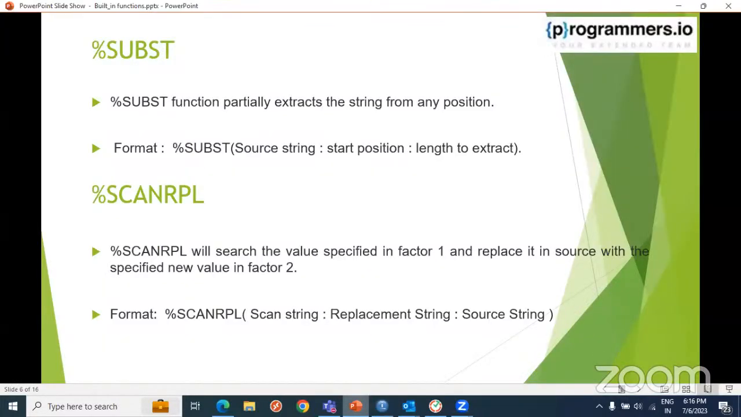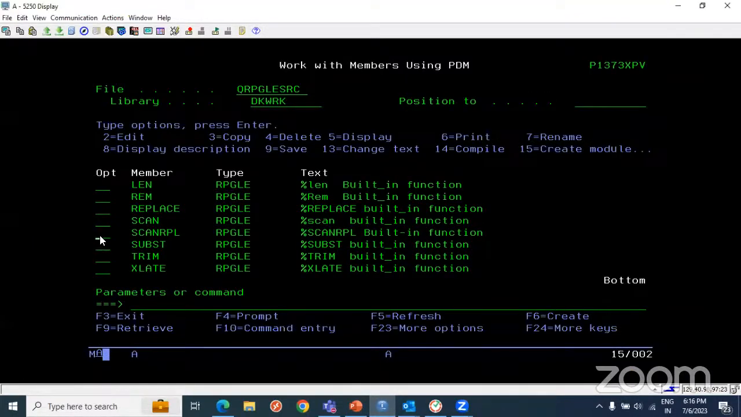So the next is %scan RPL, which is nothing but scan and replace. %scan RPL will search the value specified in factor 1 and replace it in the source with the new value specified in factor 2. This is the factor 1 scan string, this is the factor 2 replacement string, and this is the base string or input. So we can directly scan the whole string and replace it with this replacement string. As we check in the program,